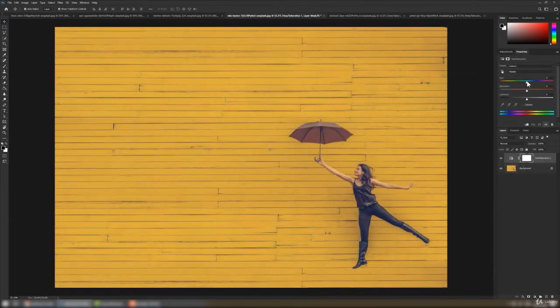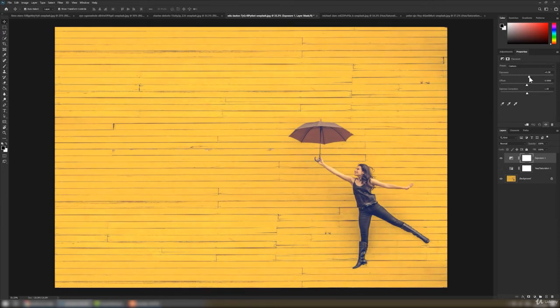But in this case we don't want to change the color, we want to enhance the image. So let's see how we can use another option to enhance the image. Click here, we can go to the exposure, we can add the exposure to the image, we can decrease the offset, we can correct it, we can correct the gamma, and we can check.